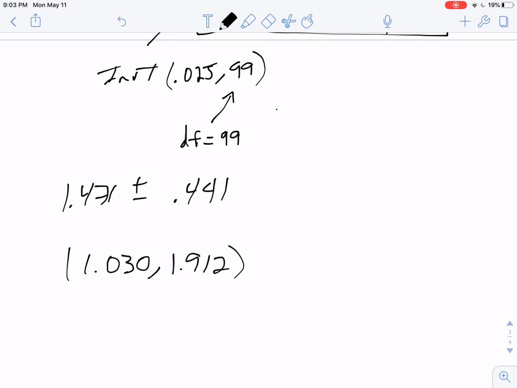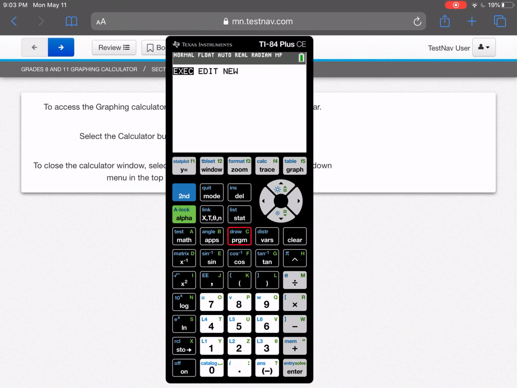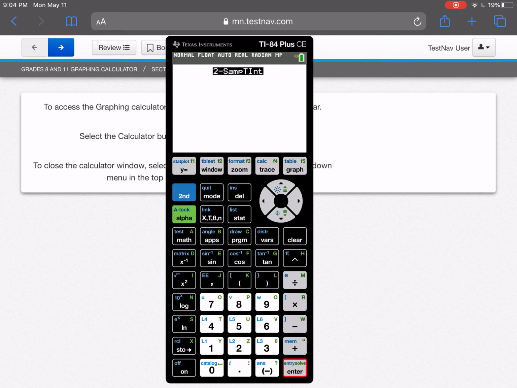All right, so I'm also going to show you how to do this step 3 on the TI calculator. So I'm going to flip over to that and hit stat. I'm going to go over the test function, and I'm going to go down to 2-SampTInt. So this one here. And it's going to first ask you for input, so data or stats. Well, I was given statistics in this problem. If I were given 2 lists of data, I could leave it on data, but I'm going to move it over to stats. And I have to type in my numbers. So that's x bar 1, s1 is